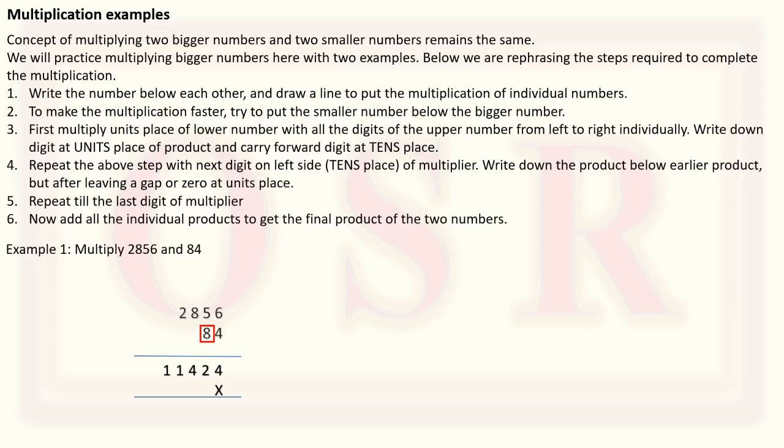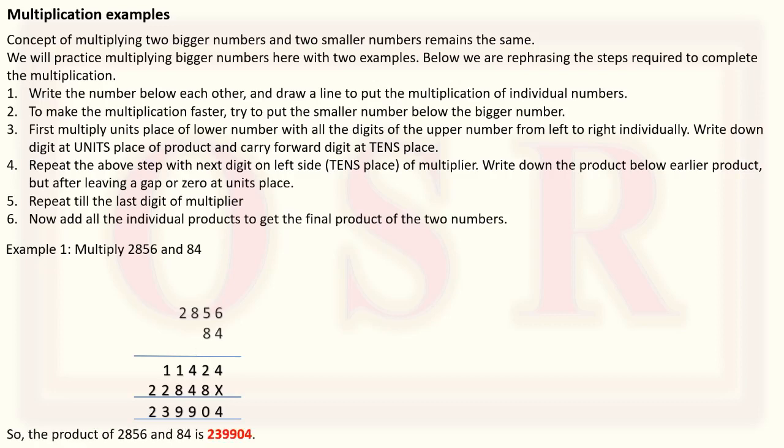two smaller numbers. So we will keep writing all the numbers and finally we have to add. Here the multiplication tables are very important. That's why I had asked you guys to first learn the multiplication tables by heart. So here just two digit number is there. So we will now add. It's a simple addition which we have already covered in the previous video. It should be very simple for you to add these two numbers, right? So the final product of 2856 and 84 we get as 239904.